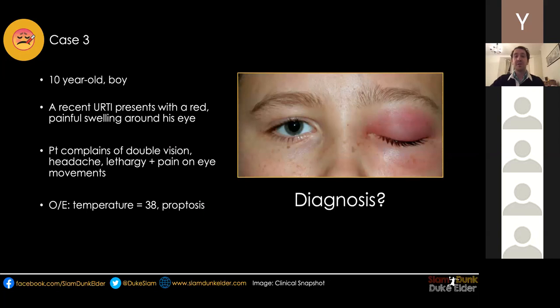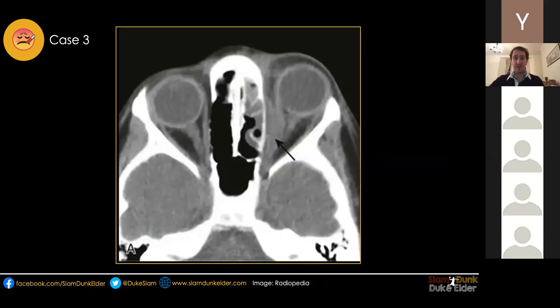So does anyone know the diagnosis at all? Yeah. And what imaging would you do for this? Yeah, CT. So here's a CT scan of a head. What you can see is the proptosis. If you compare to the other side, the eye here is pushed further forward, and we've got